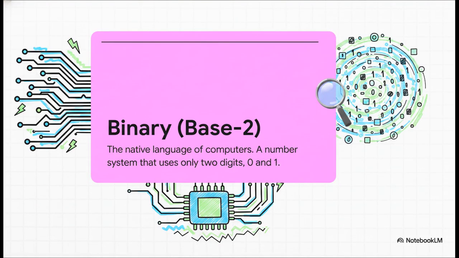And this system, this language of ones and zeros, it has a name, of course. It's called binary. It's the native language of every single digital device on the planet. It's not even really a programming language. It's the bedrock that everything else is built on. It's literally raw electricity, speaking.